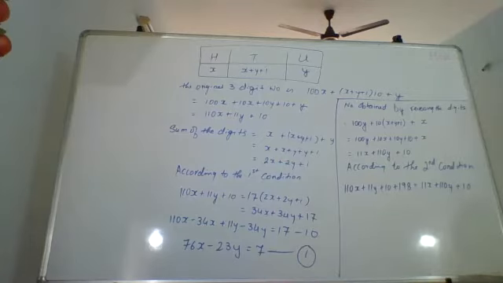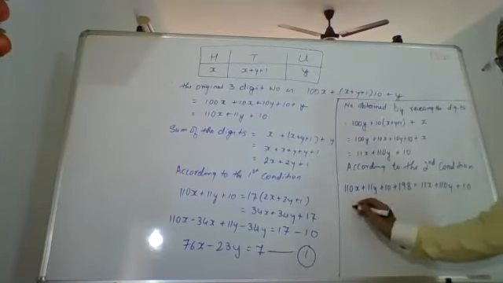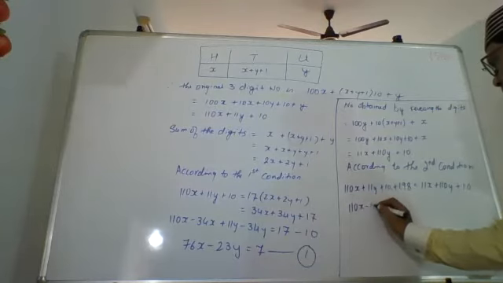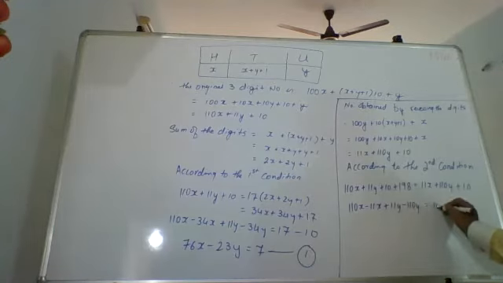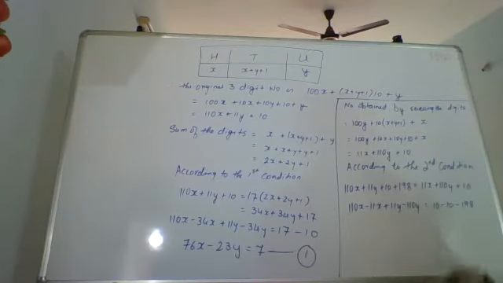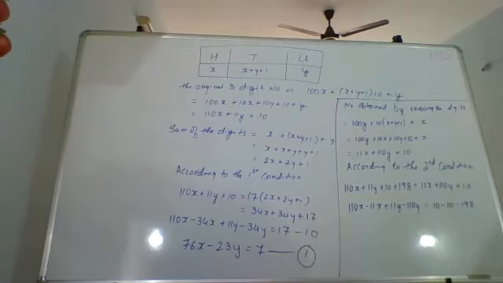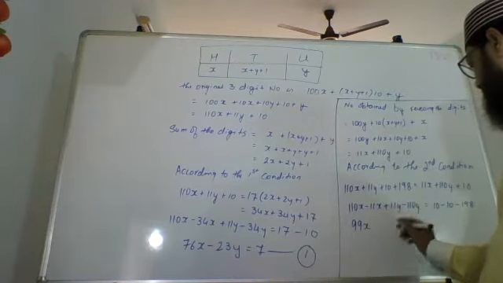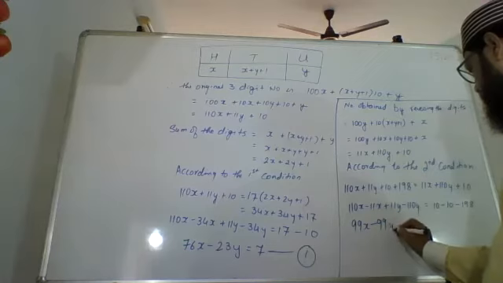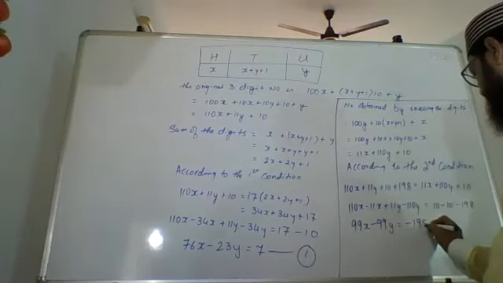Keep x and y on the left hand side, bring everything else on the right hand side. So these two will also come over here. So you will have 110x minus 11x plus 11y minus 110y equals 10, and this is rather minus 10 minus 198. So 110x minus 11x is 99x. Plus 11 minus 110, again minus 99y equals minus 198.